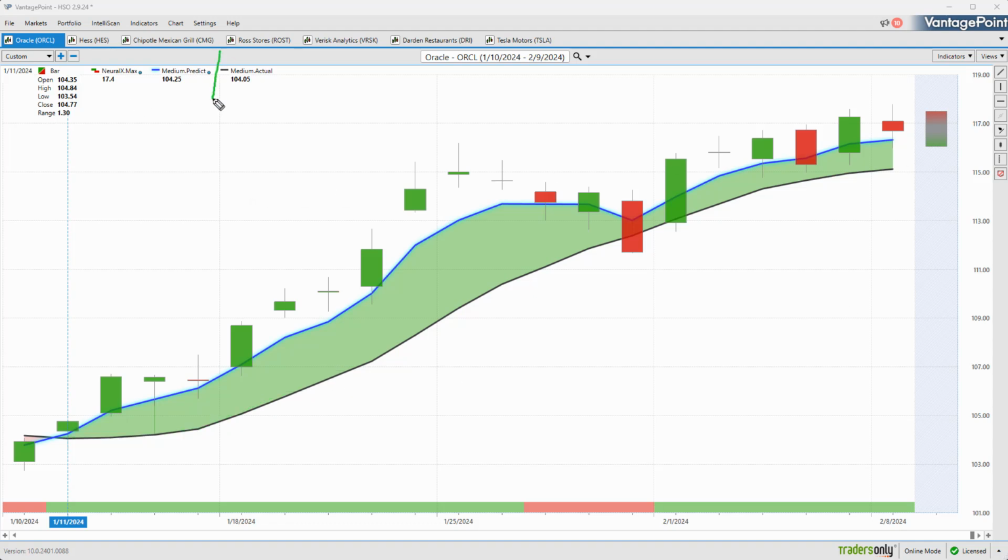And what we want to do is compare that to this proprietary predicted moving average. For this number, which has to be calculated and then plotted every evening, you can think of it as a prediction of future average prices, and it utilizes the technology of artificial neural networks to perform that analysis. So specifically for Oracle here, which is a big ERP tech stock, well,